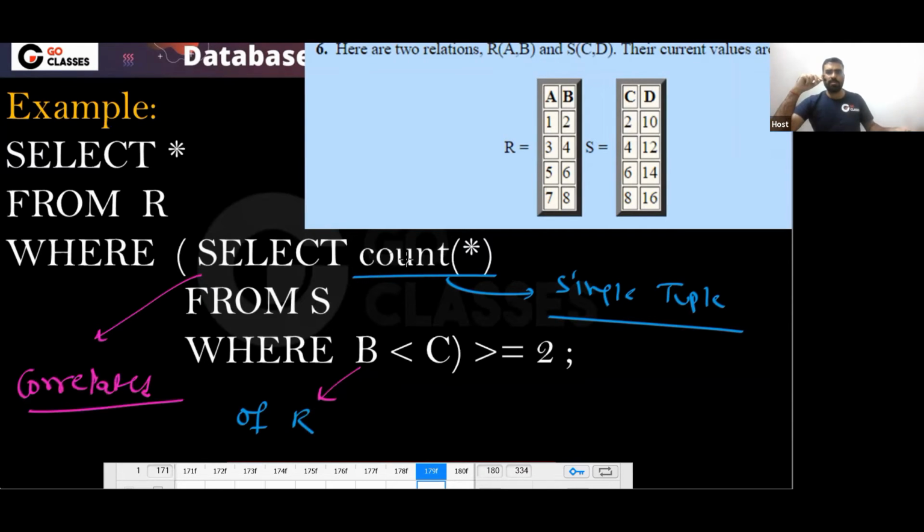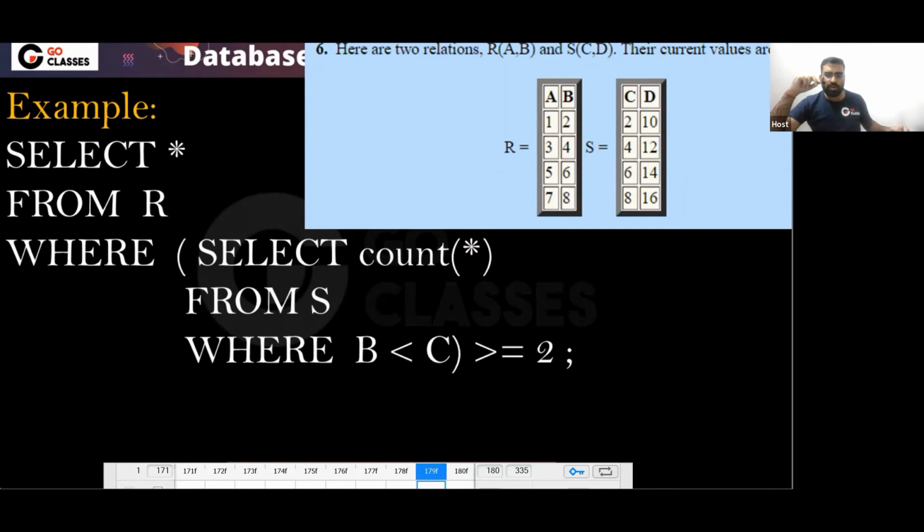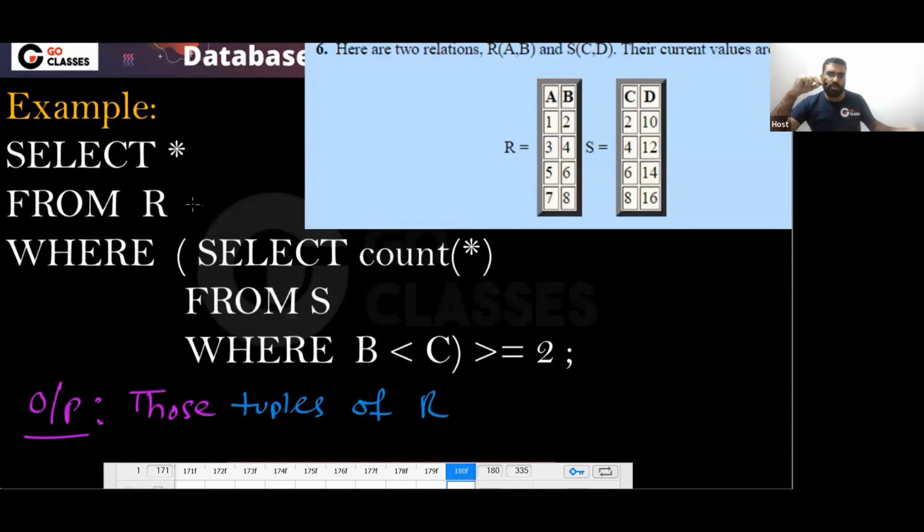So what is your output? For every tuple you will check. What should happen? The number of tuples with the C value greater than B value must be at least 2. Yes or no? Read the query and you understand the query. What is the output of this query? The output will be those tuples of R